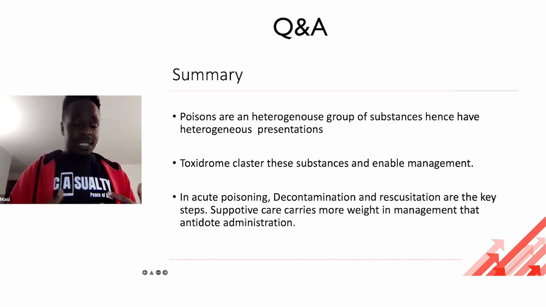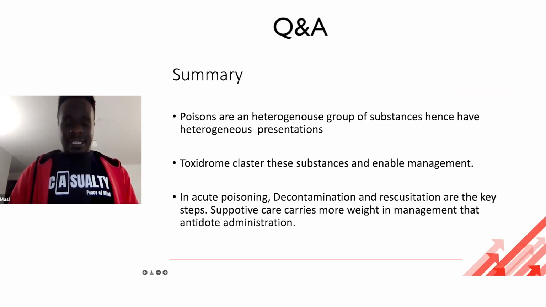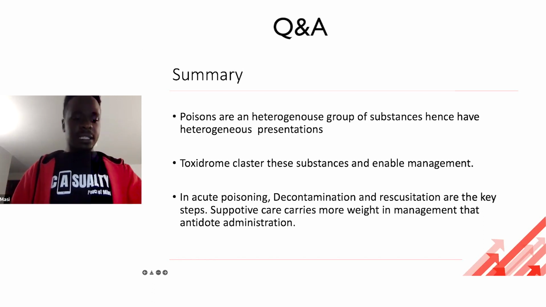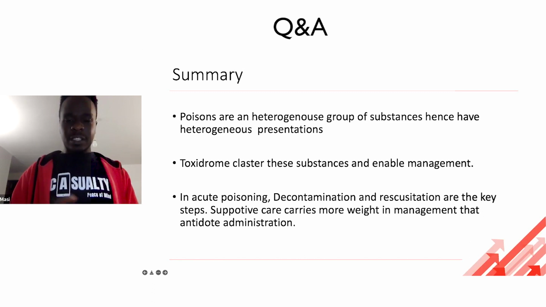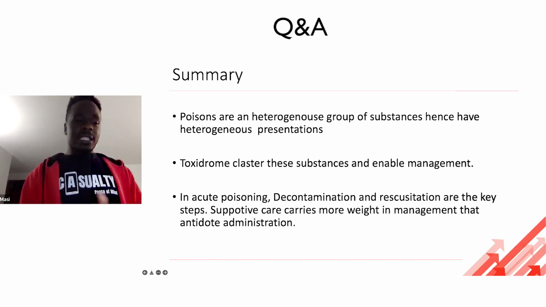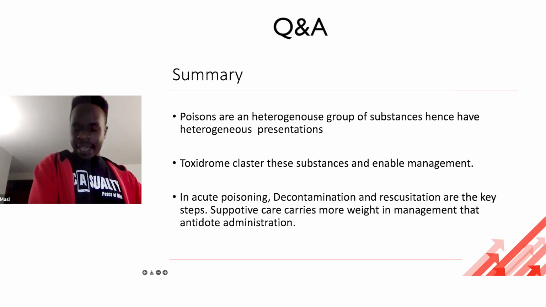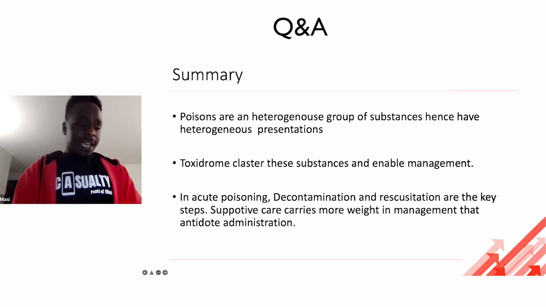My question would be, what is the mentation of the patient? Is your patient GCS 15 over 15, alert and vomiting? In which case, yes, you can give your antiemetic. But is your patient GCS 12 over 15, for example, in a toxidrome that involves copious secretions, like the cholinergic toxidrome? Is the offending substance still there, and is it going to cause further vomiting and secretion? As soon as you answer that question, you'll know: is this a patient who I need to give a definitive airway and support breathing, or is this a patient who I need to give antiemetic?